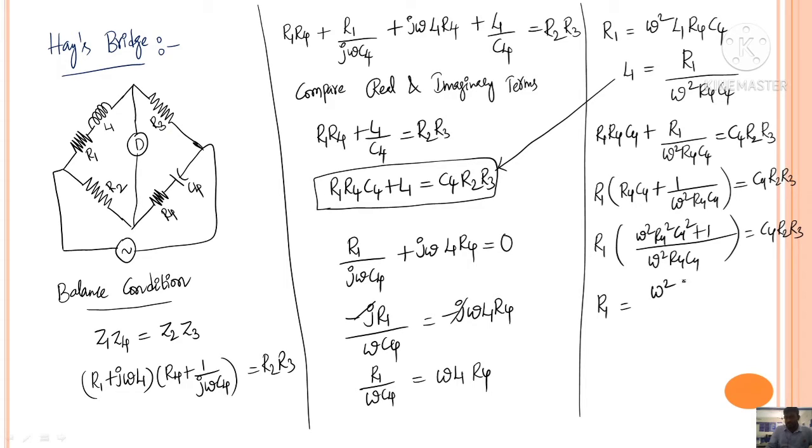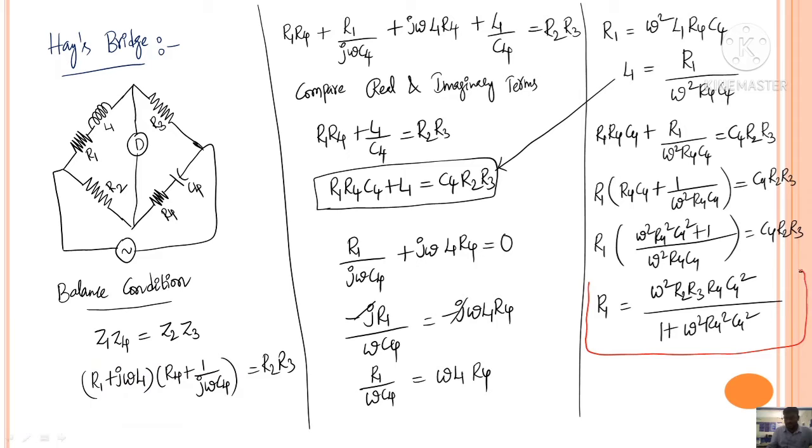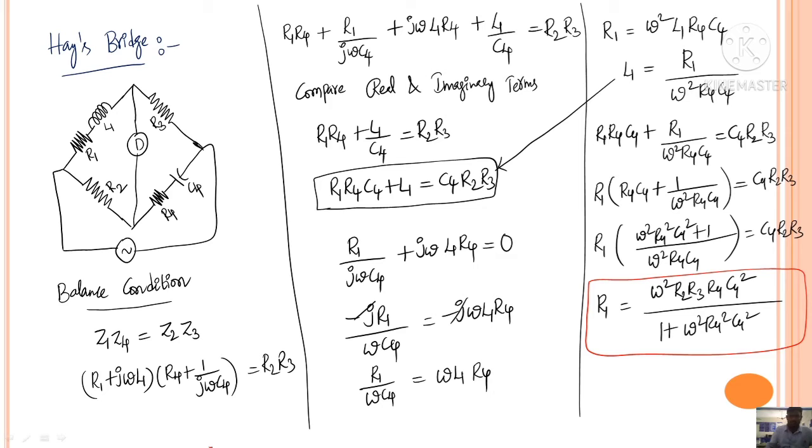So what you will get, omega square R2 R3 R4 C4 square divided with 1 plus omega square R4 square C4 square. Okay. So this is the equation for R1. This is one of the balancing equations. And we'll go for the next one. As we have L1 in terms of R1, substituting this equation now here in L1, what you will get,